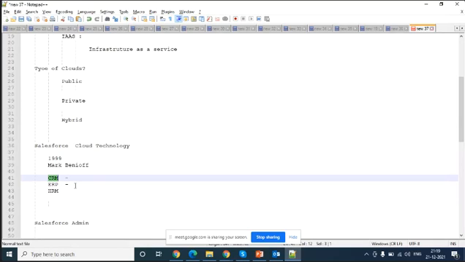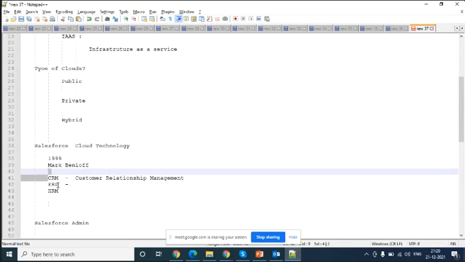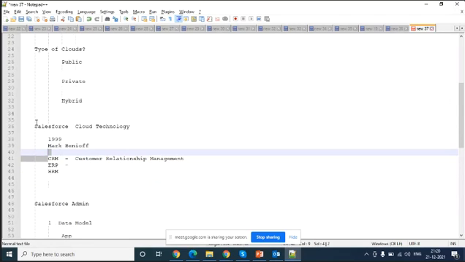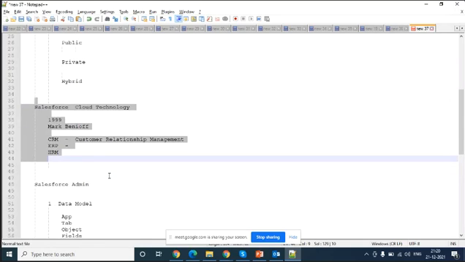Salesforce initially targeted CRM, when they started the company. ERP is enterprise resource planning. HRM is human resource management. Like that, we have a couple of different names. Okay, this is a little history of Salesforce.